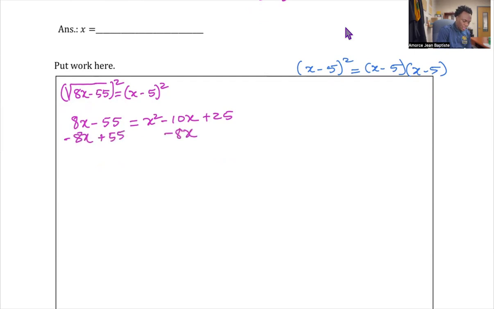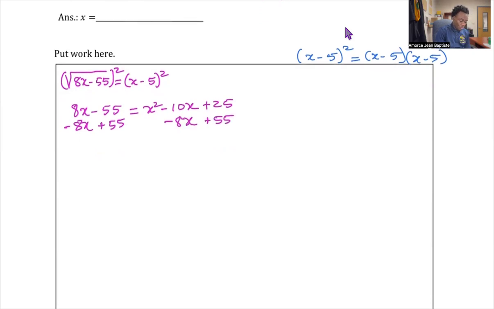Subtract 8x and add 55. So that is x squared minus 18x plus 75